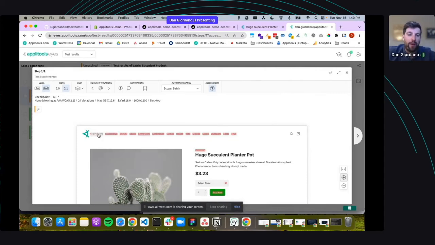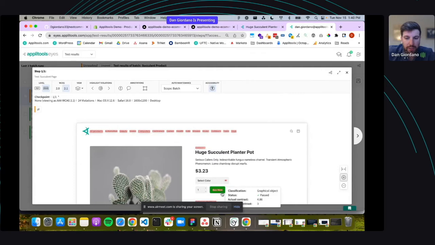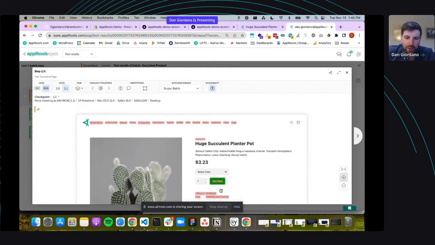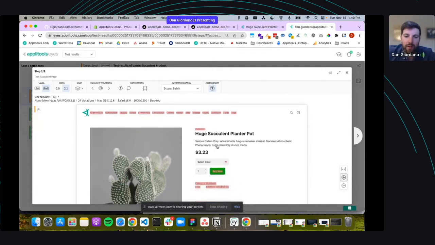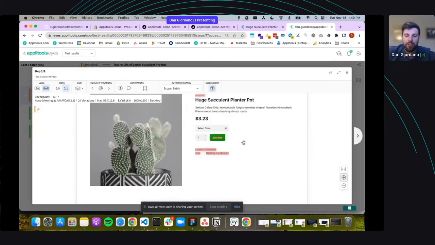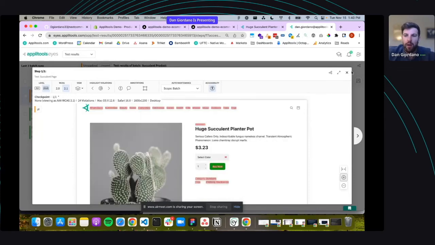around the gray on white, right? So you can see here, so classification, this is a text. The status has failed, and that's because the contrast between that and the surrounding elements was too low. And you'll see that is common throughout this page. So what we can do is make those changes and rerun our test again and make sure that accessibility we're passing. Again, so this is a huge automation and game-changing aspect that we're able to run via visual